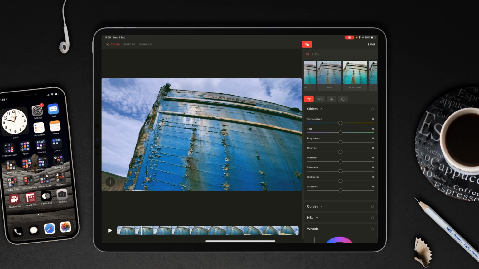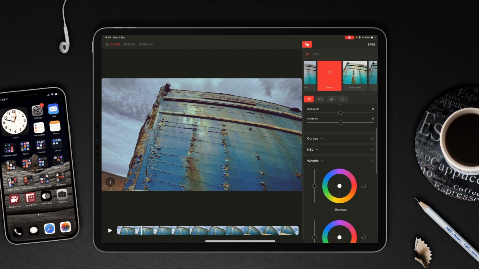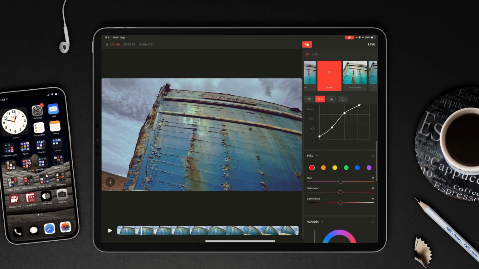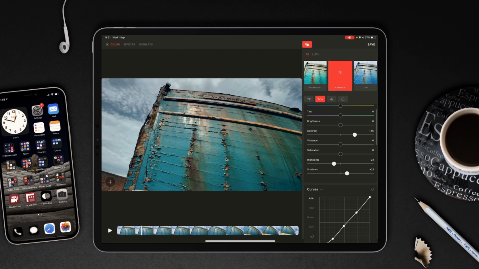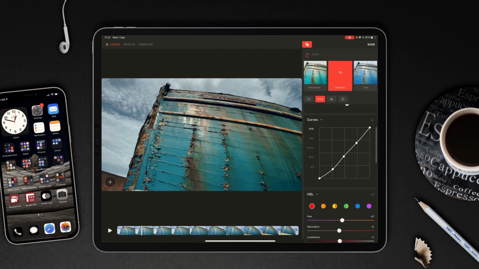If we did, for example, a 16mm look, you can see what it's done to the settings. Let's have a look at the curves, hue, saturation. There's alterations to the oranges, bit on the green, bit on the blue, and that's kind of it. If we go to cinematic, you can see the different settings that it's